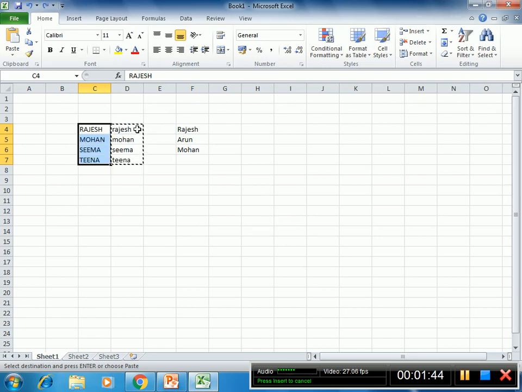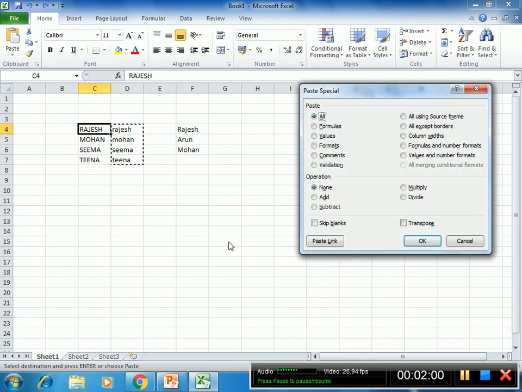First, when you do copy with Control C, and go to paste, do not paste directly. Apply one command here, Control Alt V. This is the Paste Special command, and there is one option, Values.